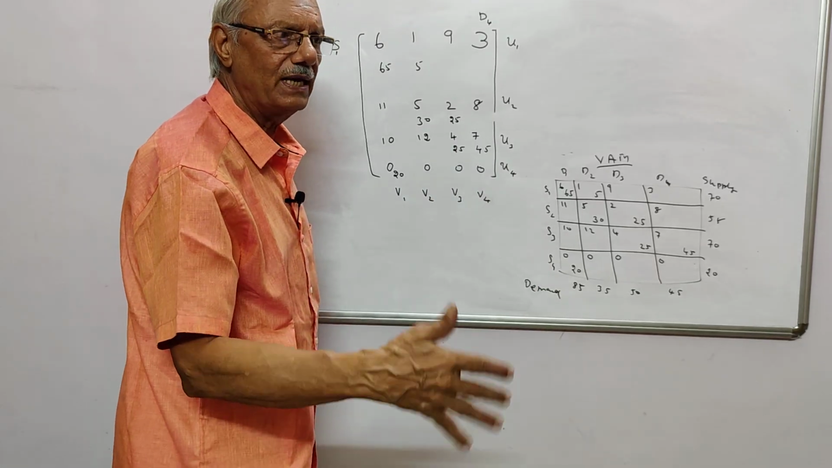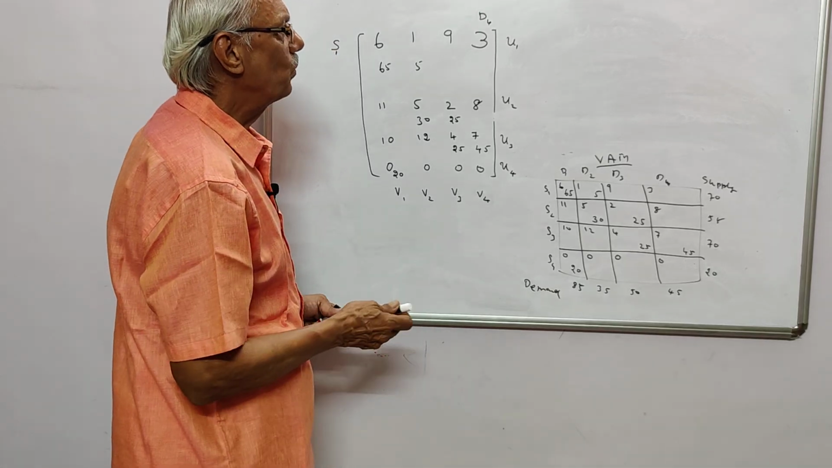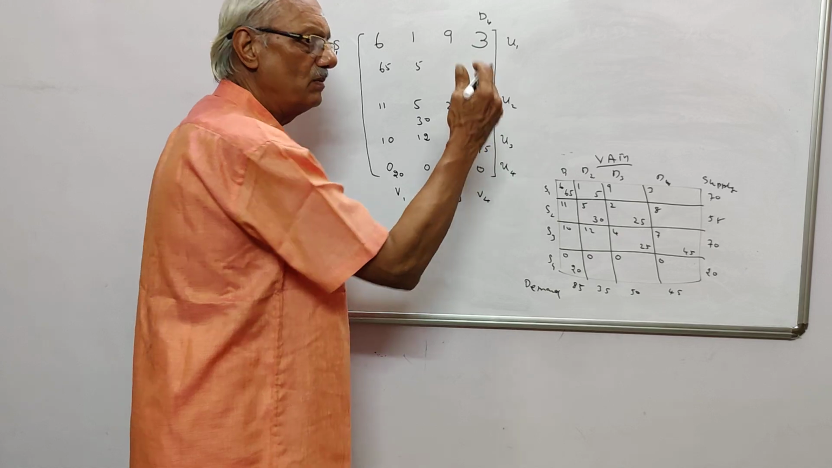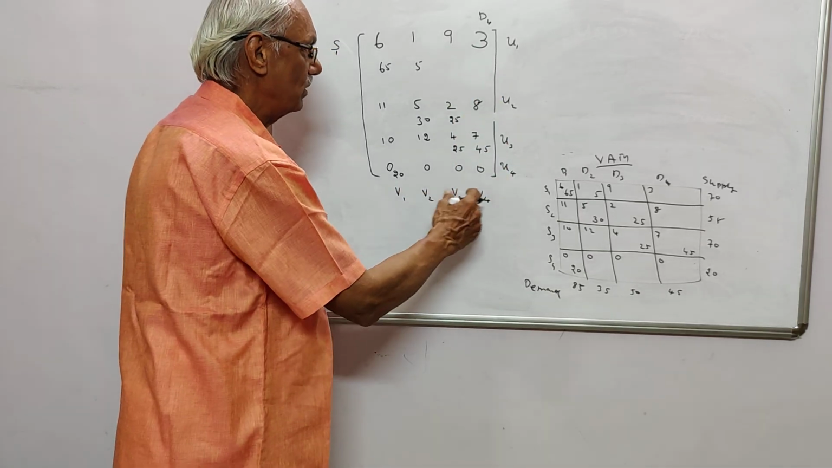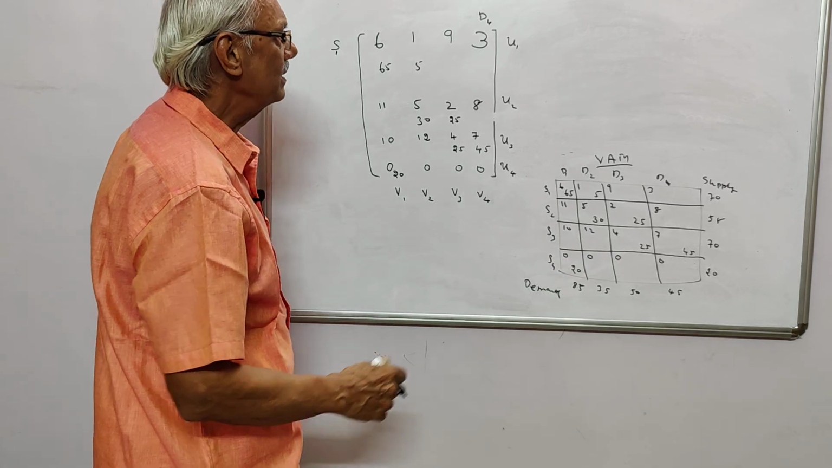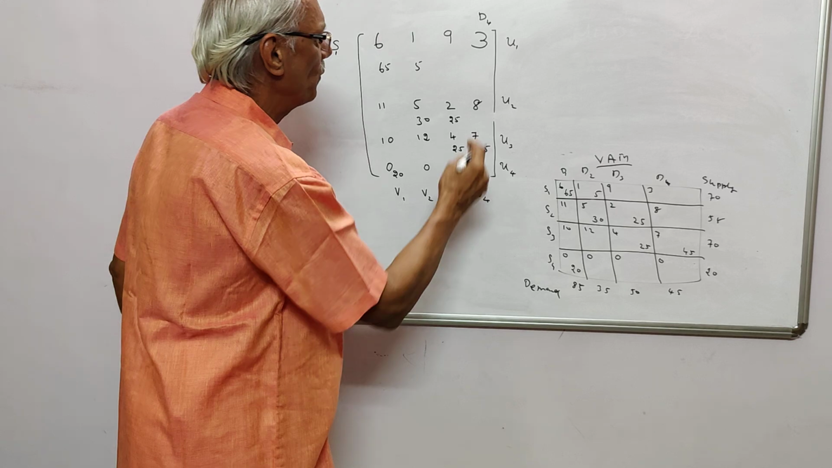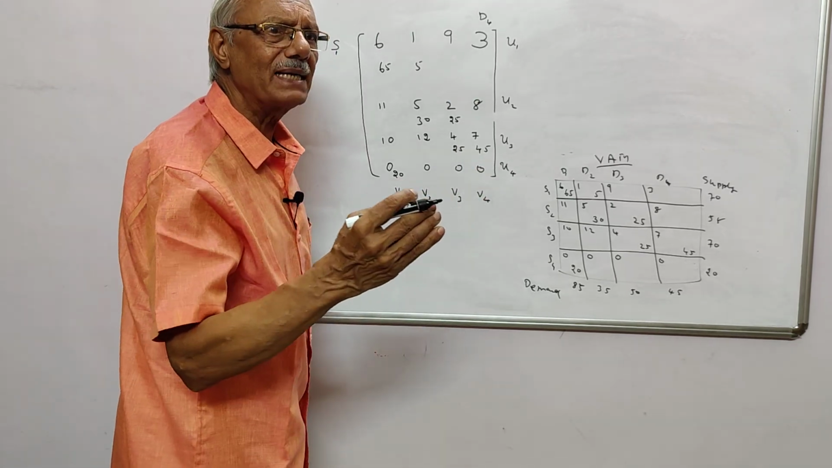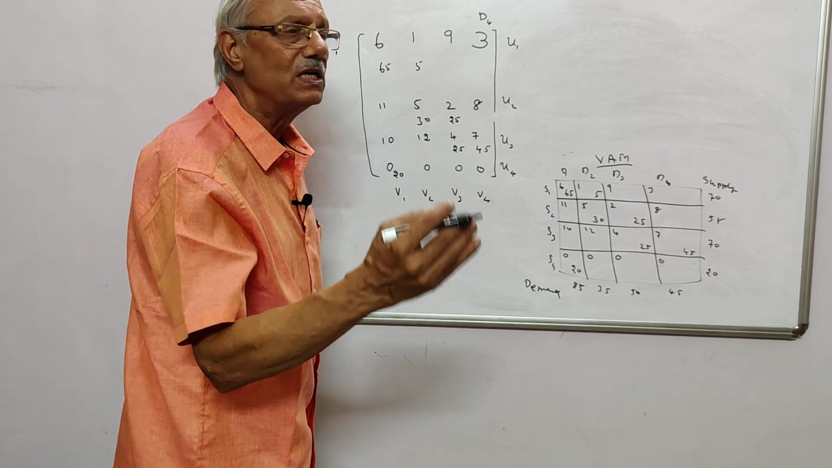How many rows are there? You name them in the same way, and likewise the columns. Your first step is to name the rows as u1, u2, u3, u4 like that, and the columns as v1, v2, v3 like this. Then choose any of the rows or columns which has the maximum number of allocations and assign value 0